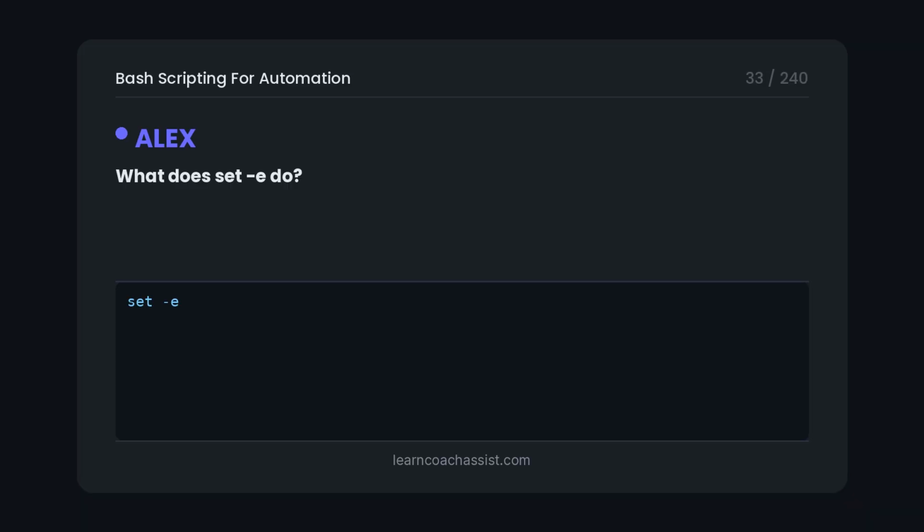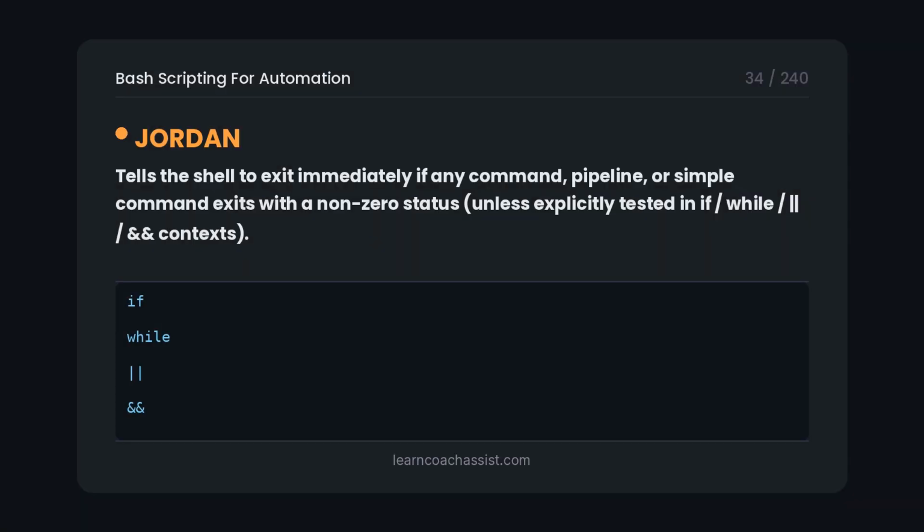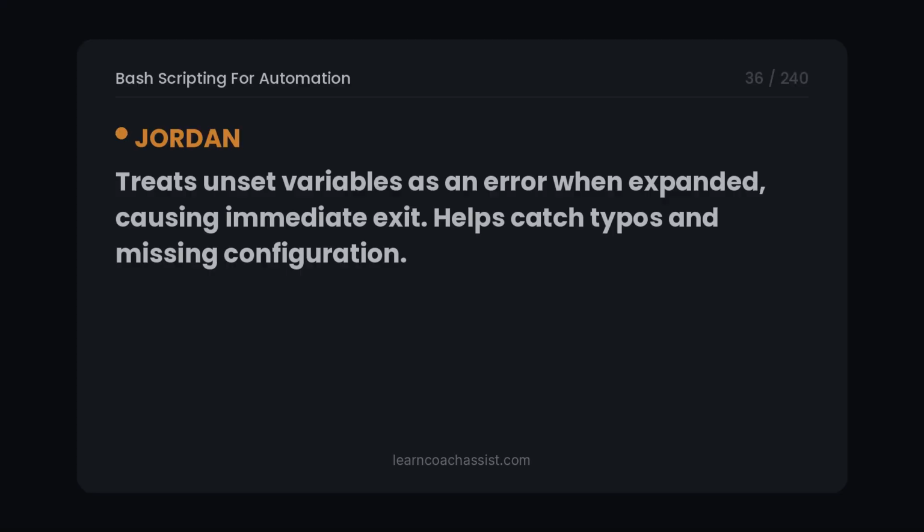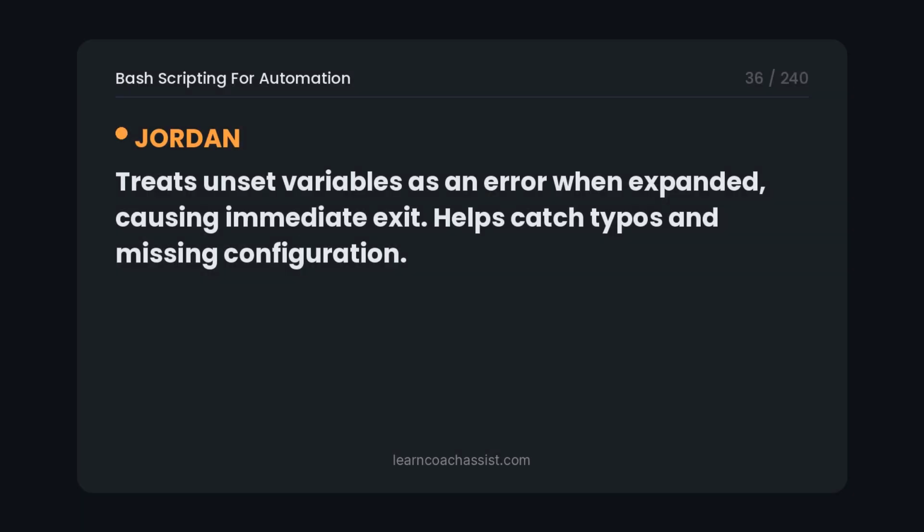What does set -e do? Tells the shell to exit immediately if any command, pipeline, or simple command exits with a non-zero status, unless explicitly tested in if, while, and && contexts. What is the purpose of set -u? Treats unset variables as an error when expanded, causing immediate exit. Helps catch typos and missing